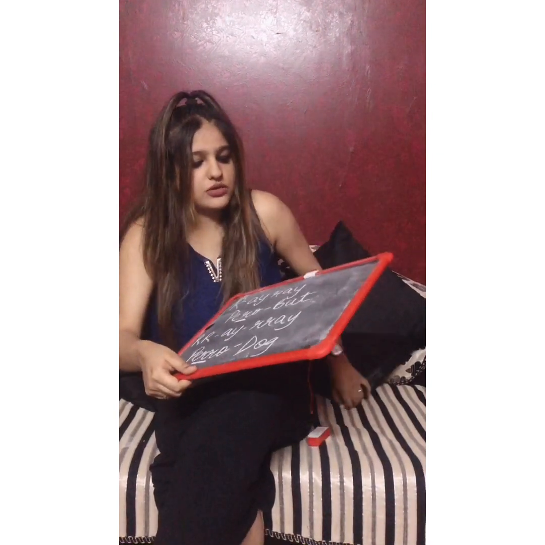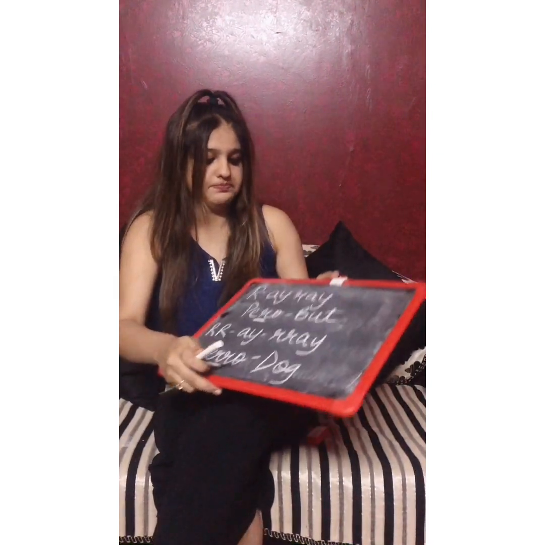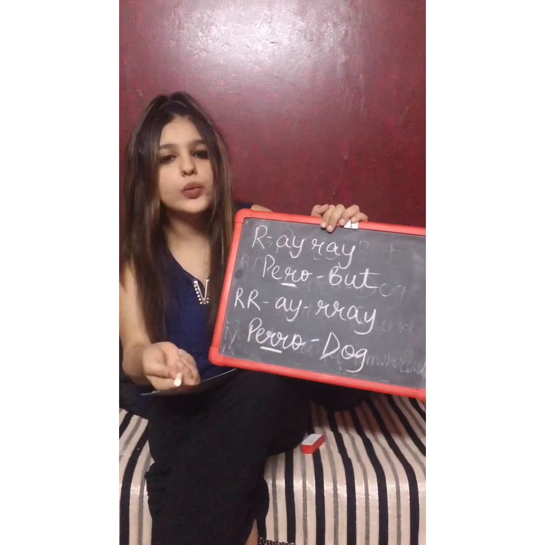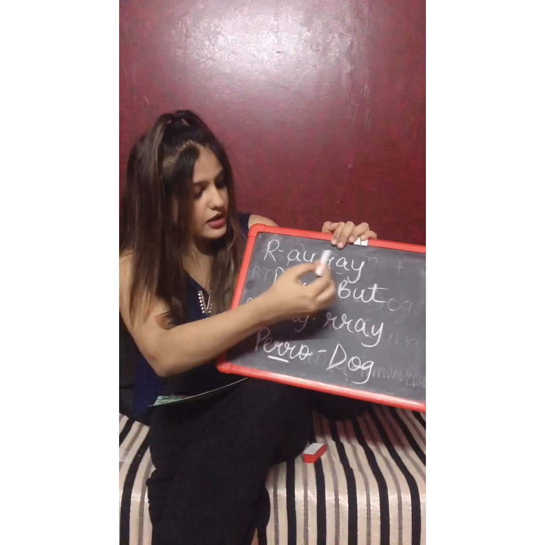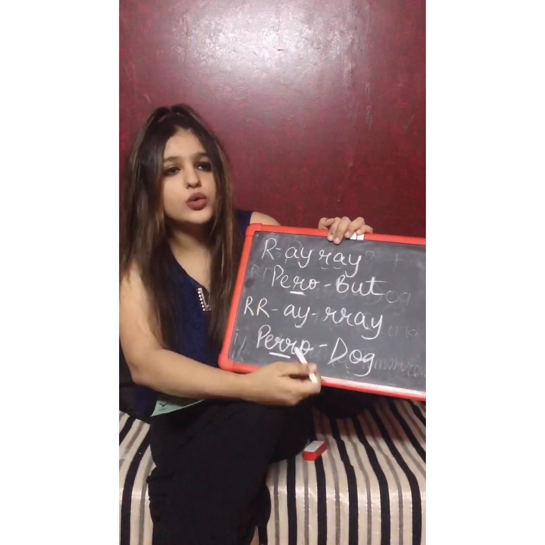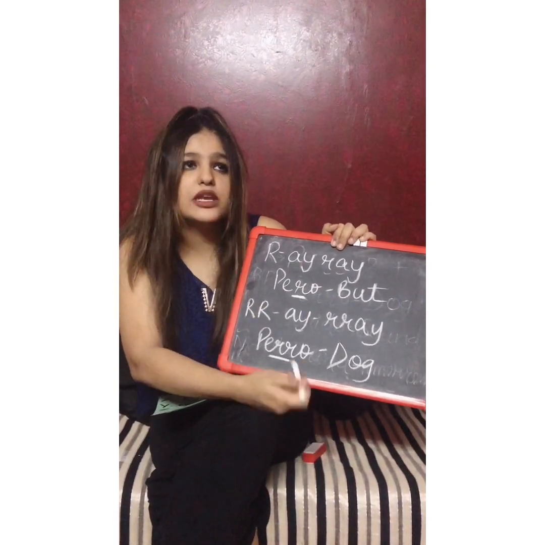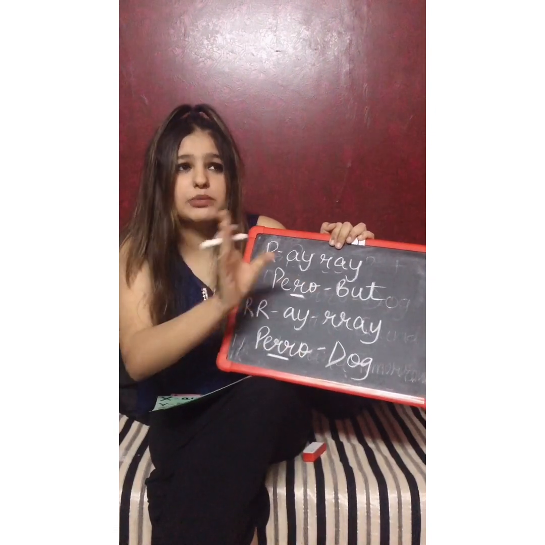So now I'm going to tell you that there are few alphabets, they have different types. Okay, so for example, okay, where's the chalk? Yeah. For example, how we learnt our array, right? So there are two types of R's. I mean, you will see many words where they're going to be two R's.